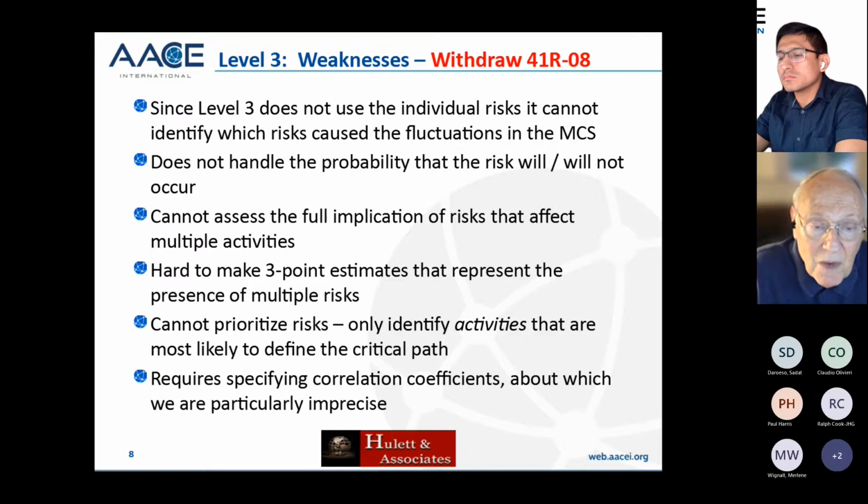By the way, the last thing is it requires specification of correlation coefficients between activity durations. That is, if this activity is longer, that activity is also longer. If this activity is shorter, that activity is also shorter, usually positive correlation. You have to specify correlation. So somebody says, well, how do we do that? Well, low correlation is maybe 25%, and moderate is maybe 50%, and high is maybe 75%. That doesn't tell me how the correlation is between activity 5 and activity 6. And we'll show you how that works using the methods available to us at level 4 and level 5.